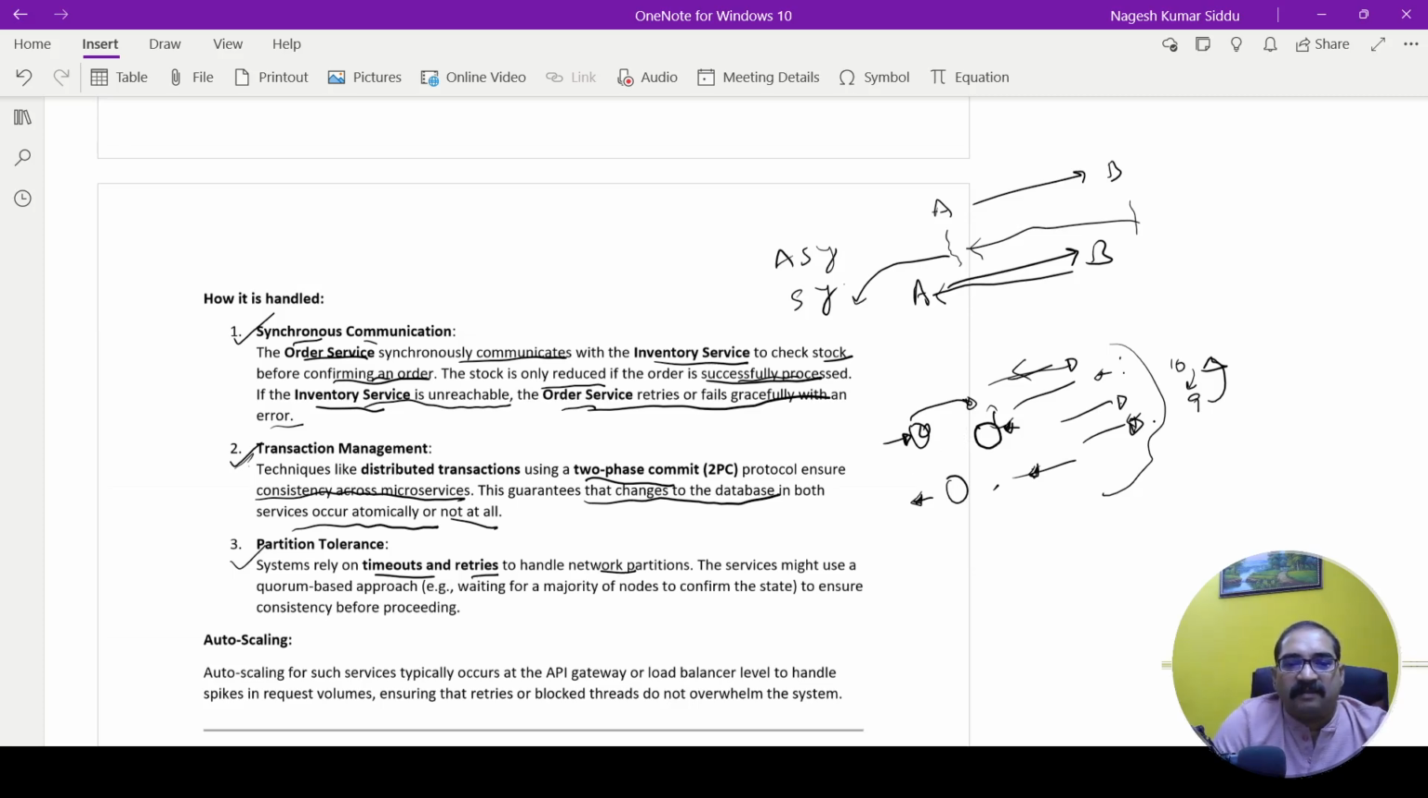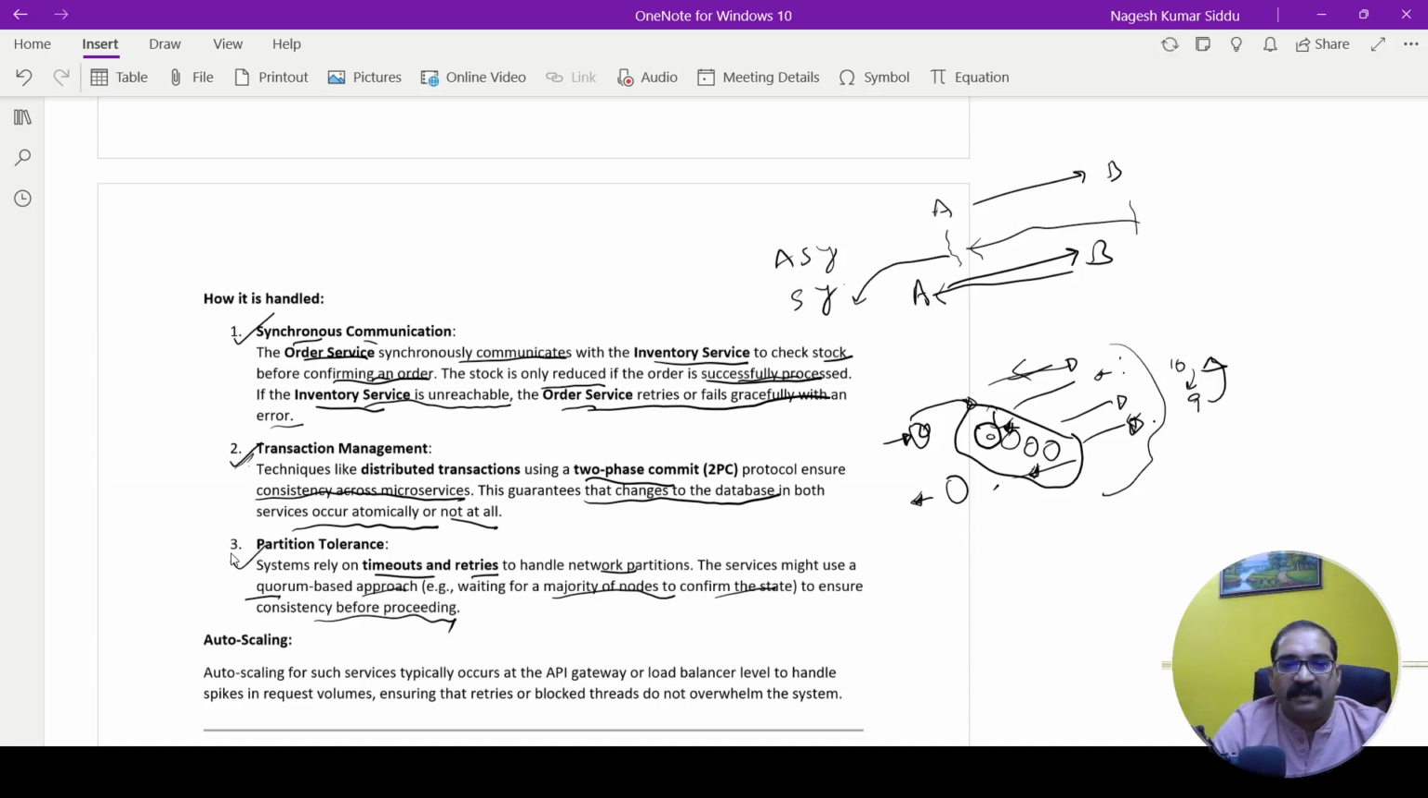To handle network partitions, the services might use a quorum based approach. It's not like there is just one service; there are multiple copies of the service, and we use a quorum technique where we wait for a majority of the nodes to confirm the state to ensure consistency before proceeding. I will explain the quorum based approach in a separate video. Now what happens,